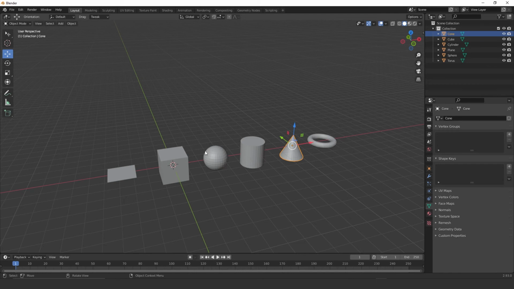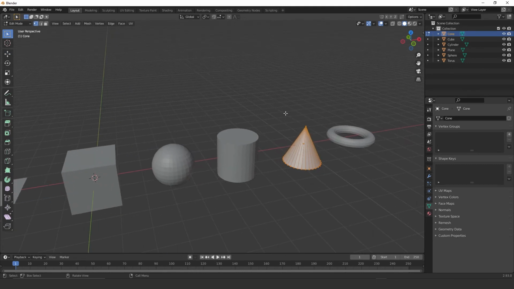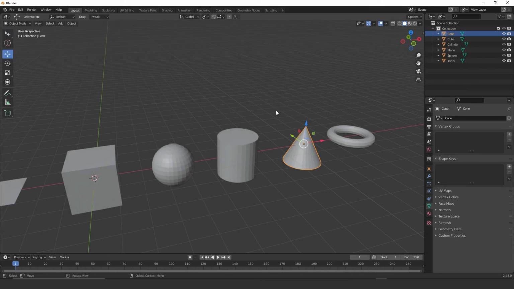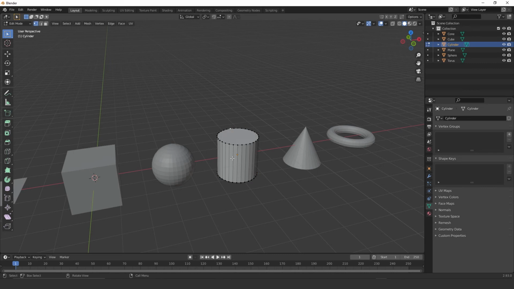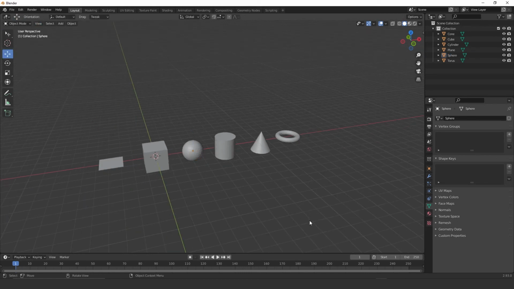Okay, if you go into edit mode, you're going to see that here we have a vertex. And if I select this one, we have a vertex. And this one, a vertex. All of them have a vertex. All of them have an edge. And all of them have a face. Okay, so